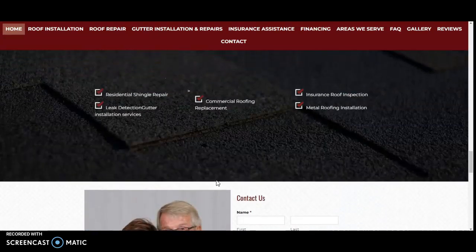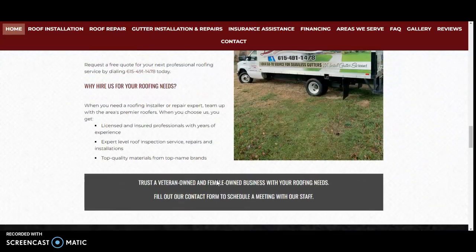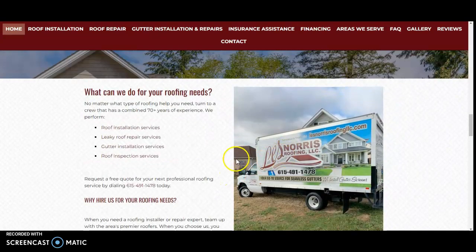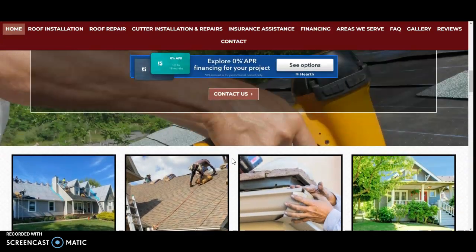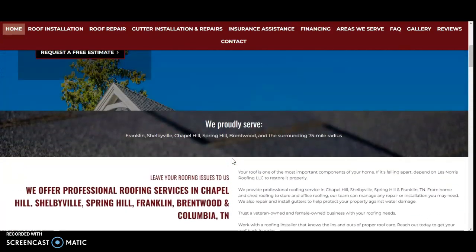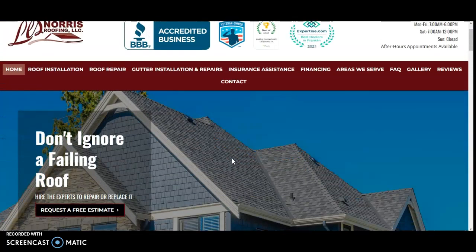The first thing that pops up in my mind is there's just not enough content on this home page. I love that truck. There's not enough content on this home page. You need about 1,500 to 2,000 words of main content on this home page, and that's because Google sends bots out to crawl these sites 24/7, and what they're looking for is content, because content is king, and they're looking for buyer intent keywords. Now, I'll cover that in a second, but just briefly, a buyer intent keyword is something like